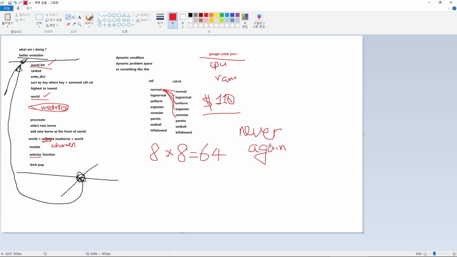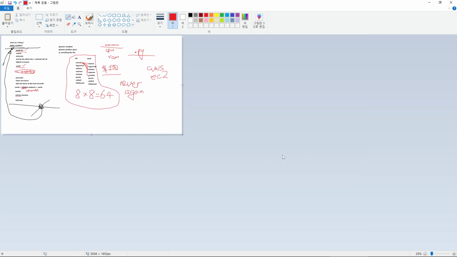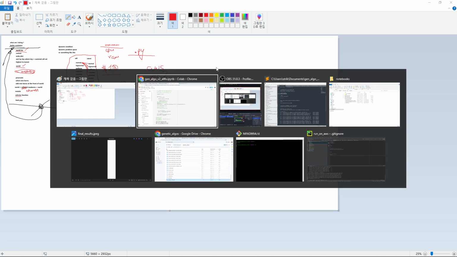You know, because this is still my money. So what I did was I made the notebook that would do this into a set of Python scripts, .py, and then I hosted my Python scripts into AWS EC2 instances, and, well, I'll just show you now.